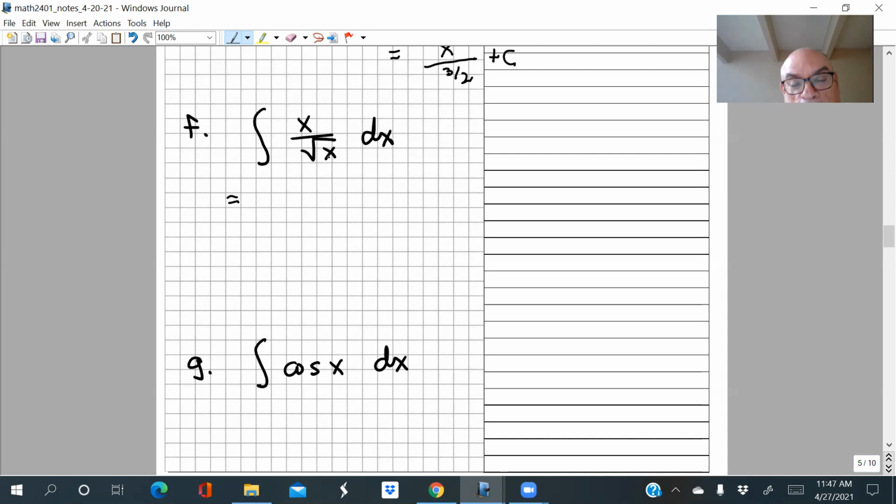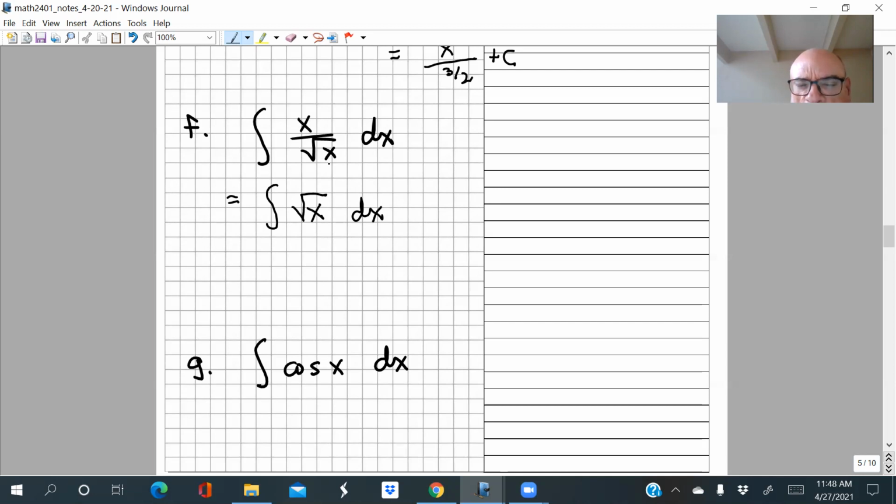We're going to fix the expression to make it apply, because let me point out that you can divide x by the square root of x. When you divide x by the square root of x, notice you get square root of x. So x over the square root of x simplifies to just square root of x. And that is a power of x. So we can integrate this using the anti-power rule. But we just had to cheat a little bit and simplify x over the square root of x.